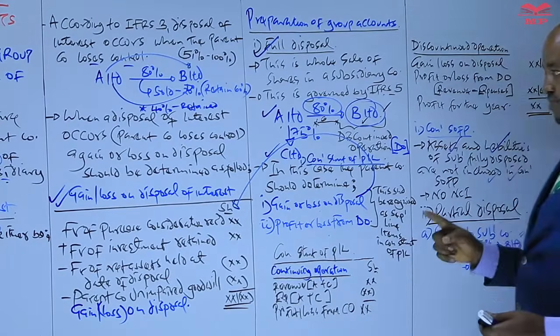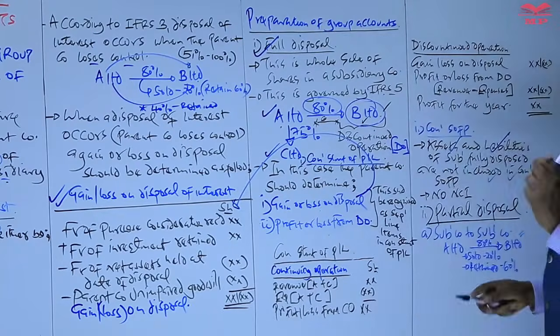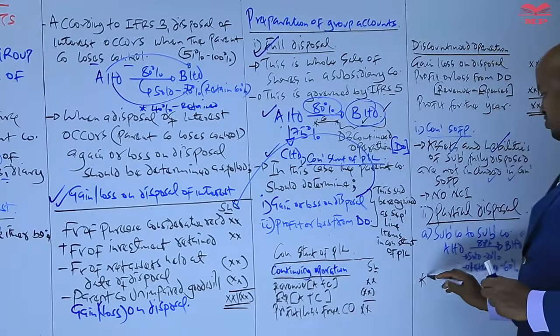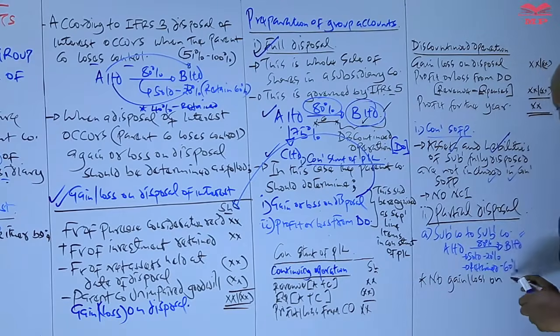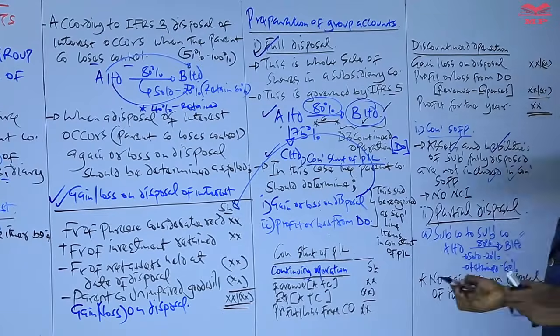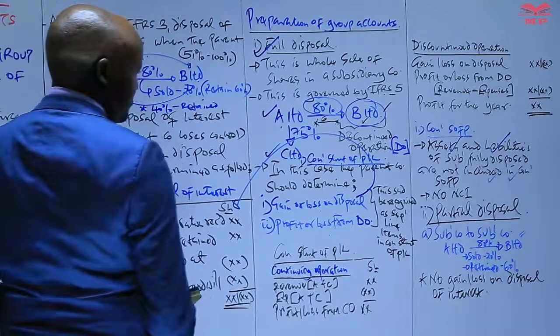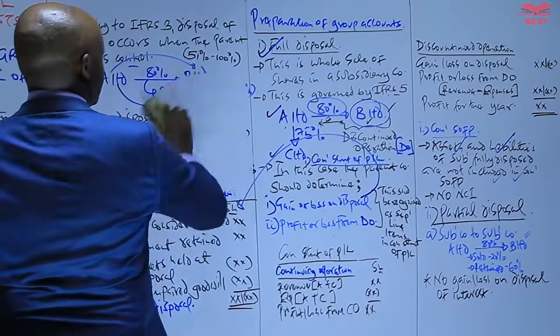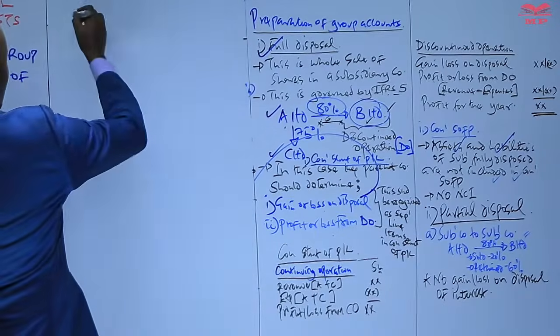It's also important to note that here, because the parent company is not losing control, no gain or loss on disposal of interest is computed. This one is not computed because we have said we only compute that one anytime the parent company loses control. So we can say no gain or loss on disposal of interest. So that is it about that scenario of partial disposal. So the other type of partial disposal, part B,